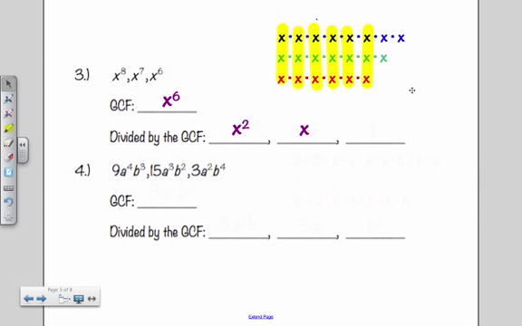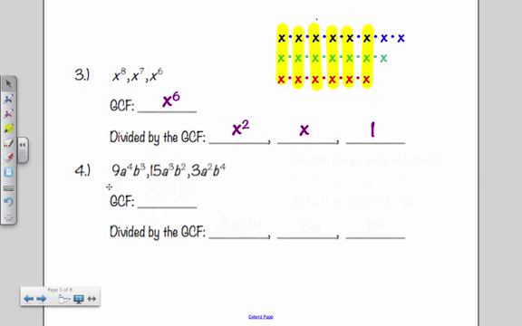I want you to get in the habit of saying that it divides out to give you the number 1. Okay? So that's what happens if you have just one variable. But now we need to look at what happens if you have coefficients, if you have different variables, what's going to end up happening. So, for example, in number 4, you have 9a to the 4th power, b to the